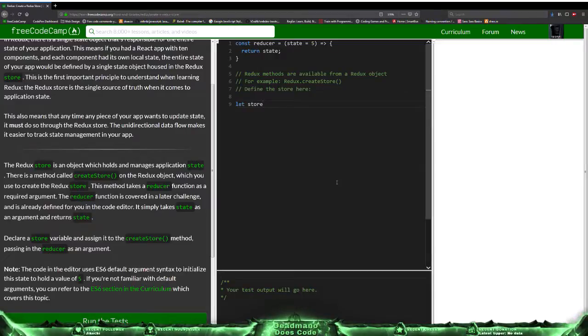So let store equal to create. Do we have to call createStore or Redux.createStore? Because they said there's a method called createStore on the Redux object, so I'm assuming we have to call the Redux object dot createStore, and then passing in the reducer as an argument. So reducer. Okay, now that we have that,